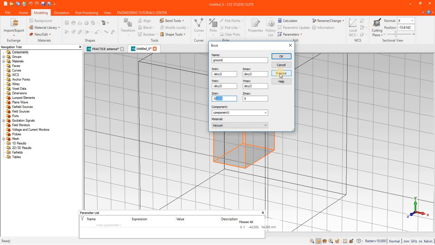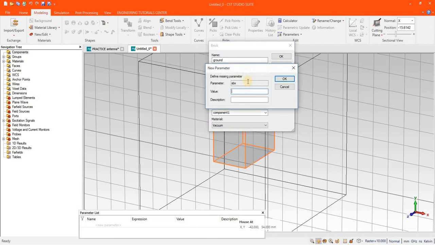Just click on preview after writing the variables here. And you can also add the dimension. Press OK.